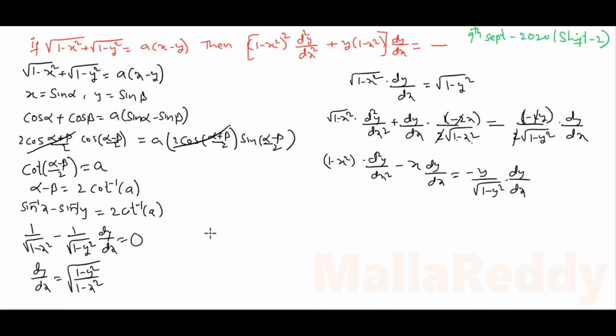Substituting dy by dx value in this equation, 1 minus x square into d square y by dx square minus x into dy by dx, where dy by dx value is root over 1 minus y square by 1 minus x square, is equal to minus y by root over 1 minus y square into dy by dx, root over 1 minus y square by 1 minus x square. It is 1 minus y square, 1 minus y square cancelled. So take LCM on both sides, that is root 1 minus